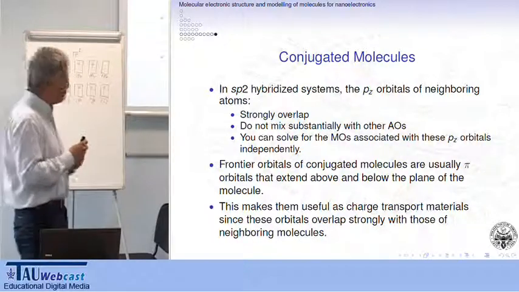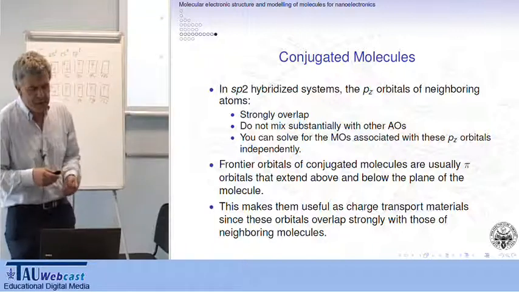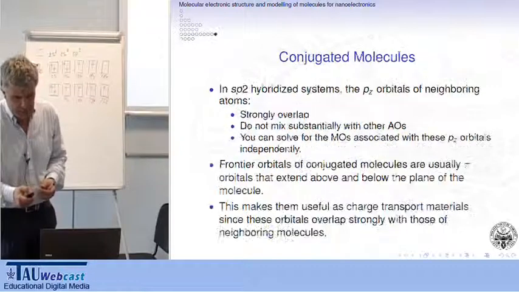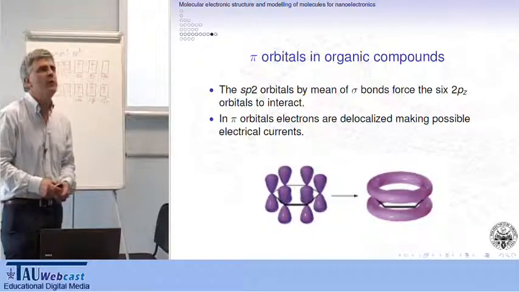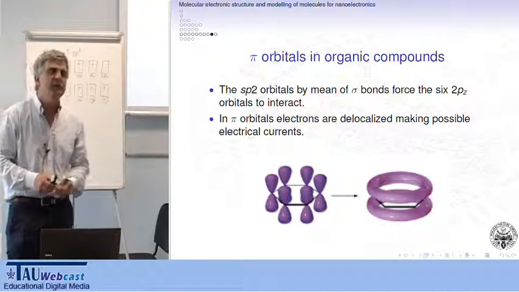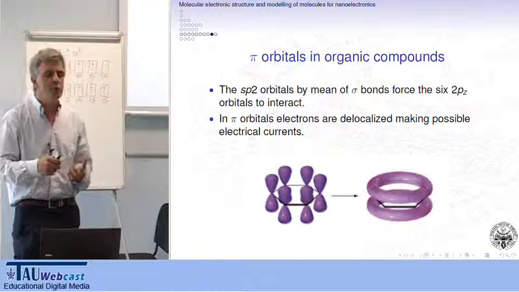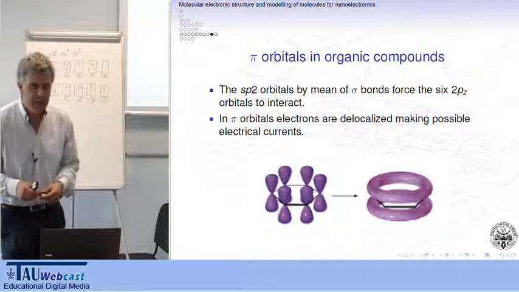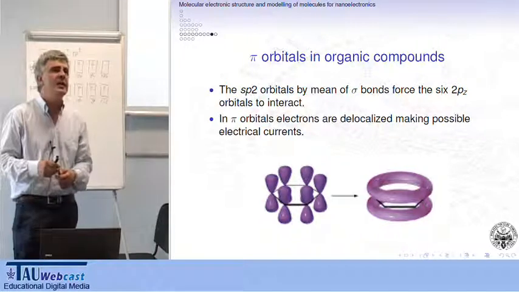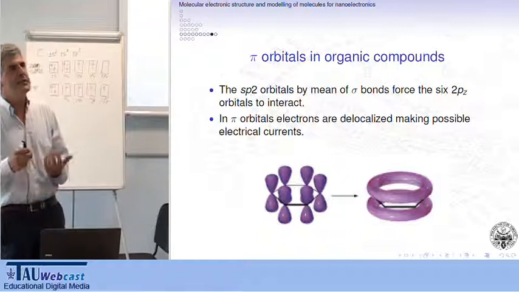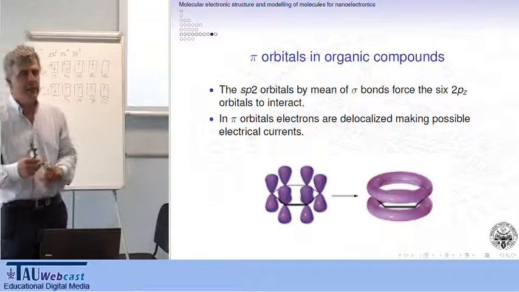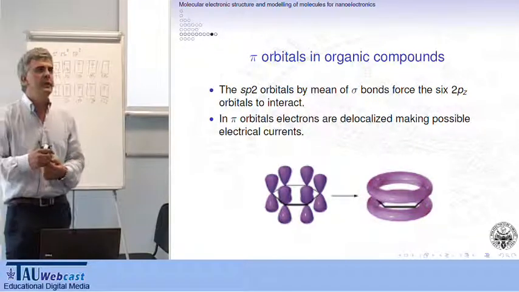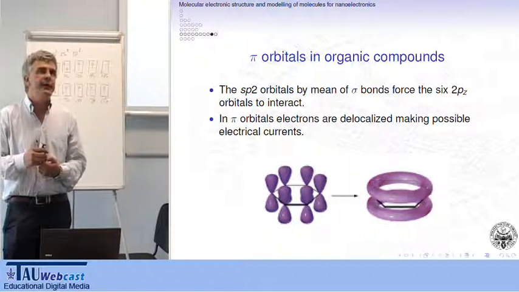The other thing is, when you consider a pi orbital, this ring, it is quite easy to understand that electrons in that orbital can move quite freely, because the energy of the electron is the same in any place of that ring. So this is a hint that conjugated molecules probably